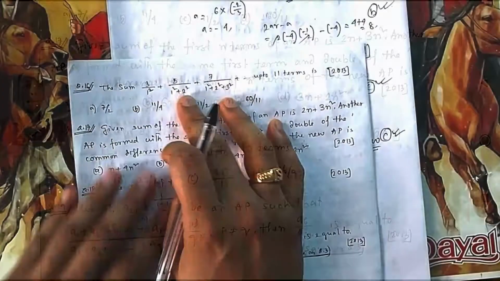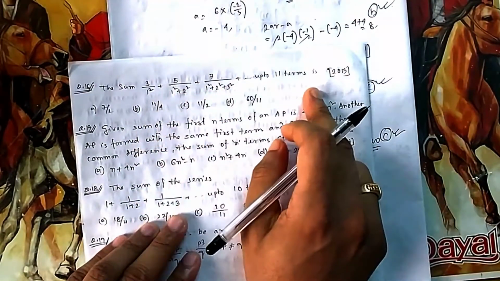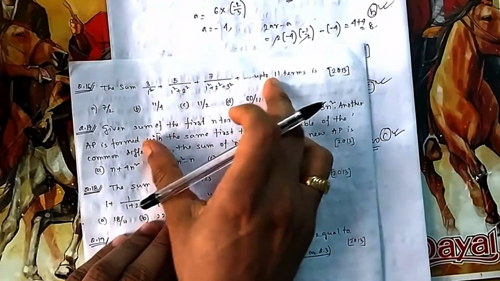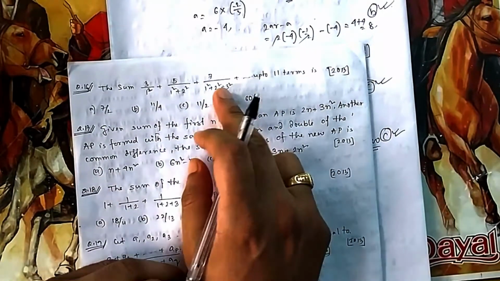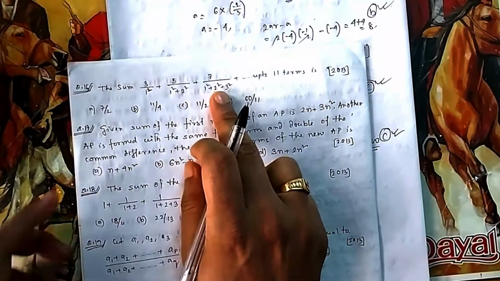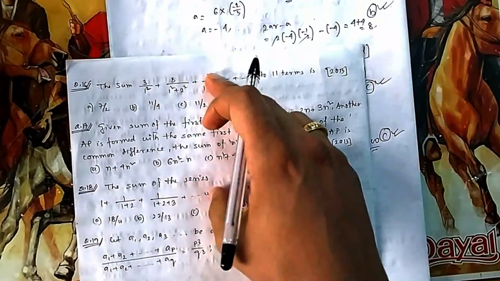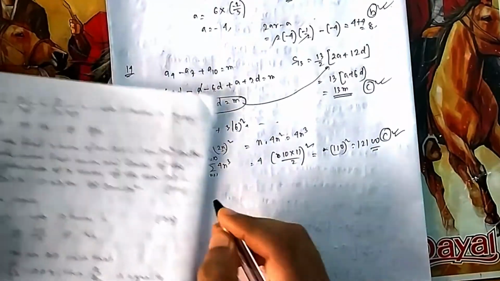If you come to this question 16, if you see this type of question, where the denominator is a series, you try to write it in Tn format and then split it by using partial fractions, so that we can cancel out some terms. So this one is very interesting. If we write it in Tn format, it becomes easy for us. So what will be Tn of this one?